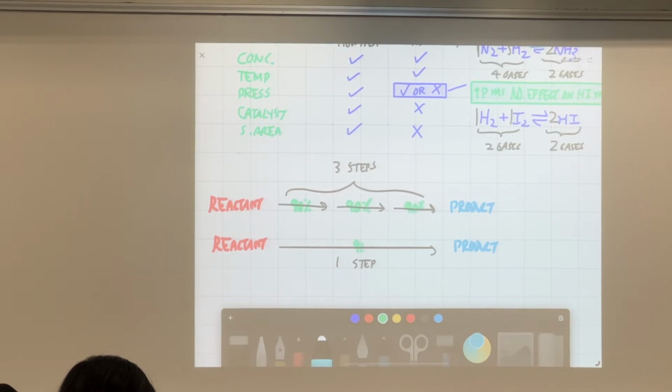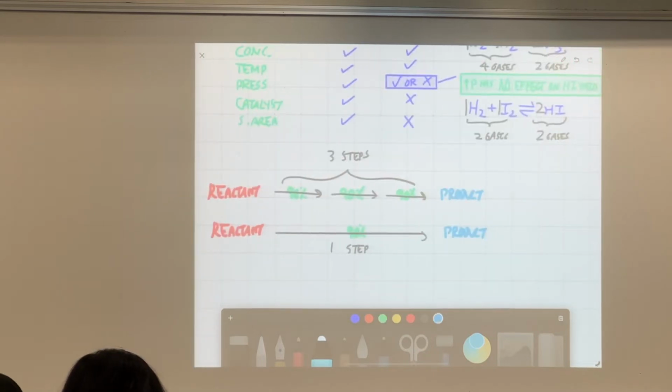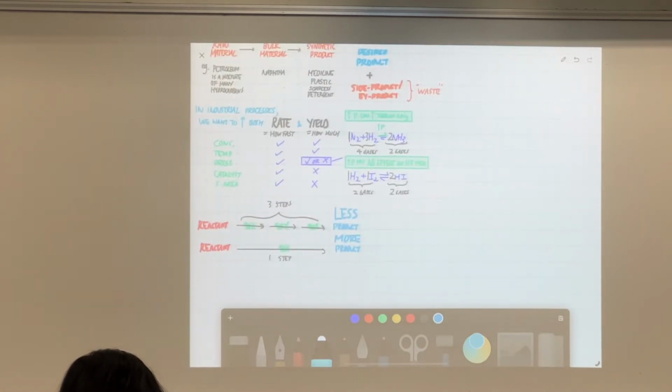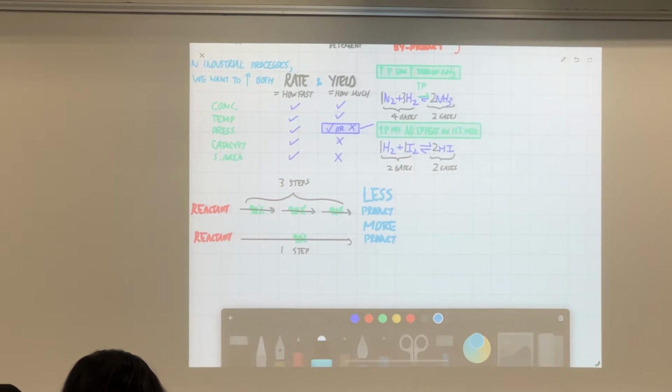If you get a 10% discount just once, there will be a certain cost. But if you do a 10% discount 3 times, this will cost less, and therefore result in less product, and here there will be more. So this is another thing we look at in industrial chem. We want to optimize the reaction.